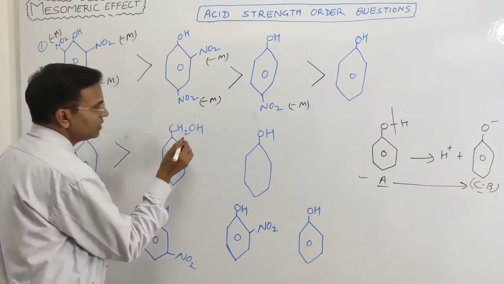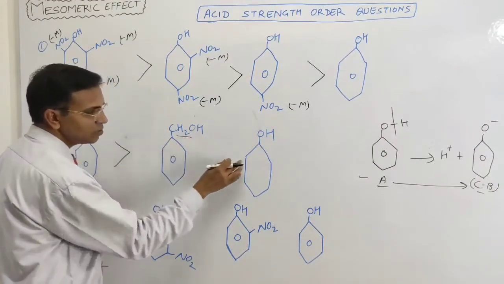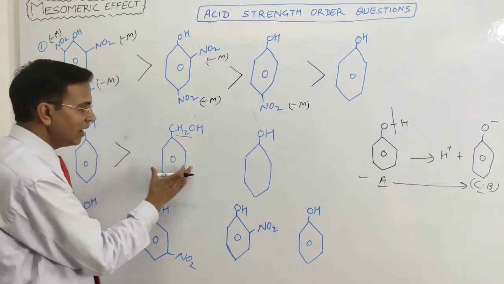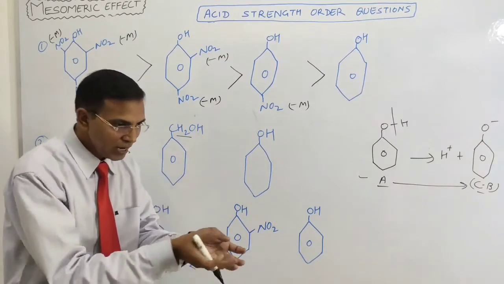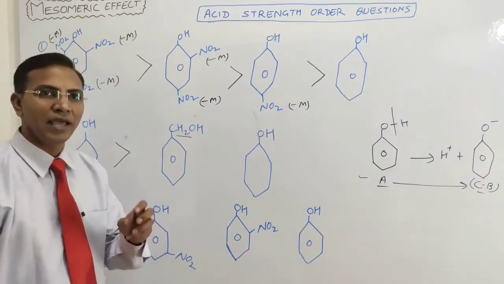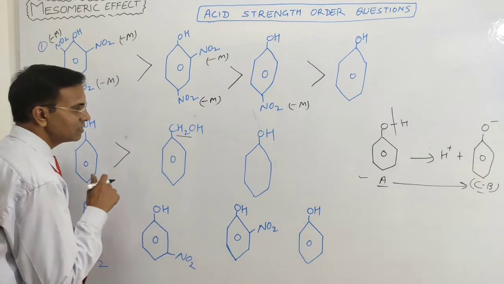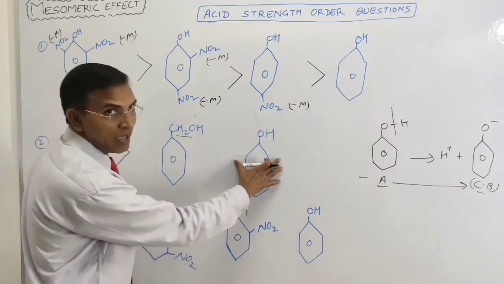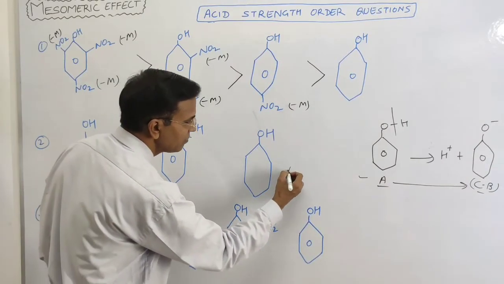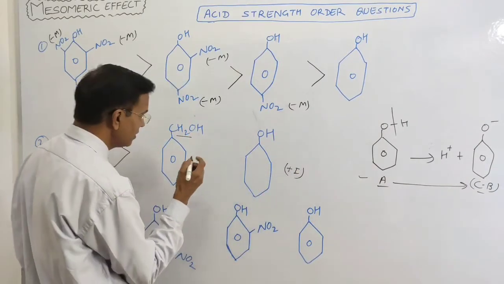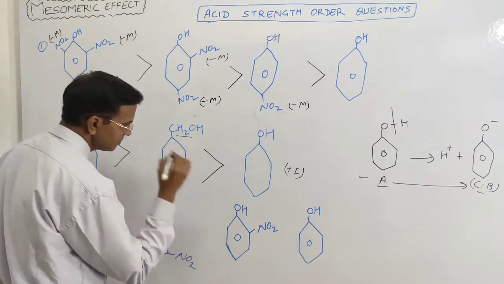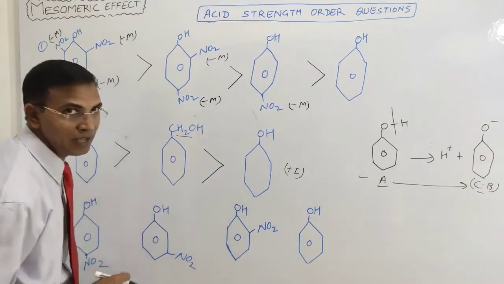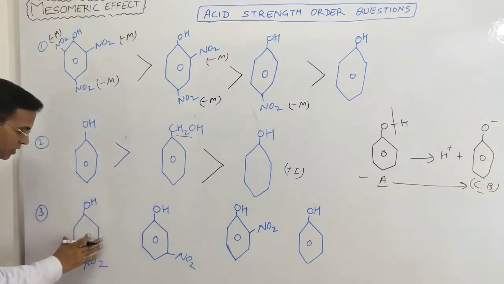Now this is an alkyl group, and this is also an alkyl group, but here the benzene group is attached, and benzene has a somewhat electron withdrawing effect, like the minus I effect. So this is more acidic than the one that is a pure alkyl group, because an alkyl group shows the plus I effect, right? So this is the first, this is second and this is third in acid strength. Now come to the next question.